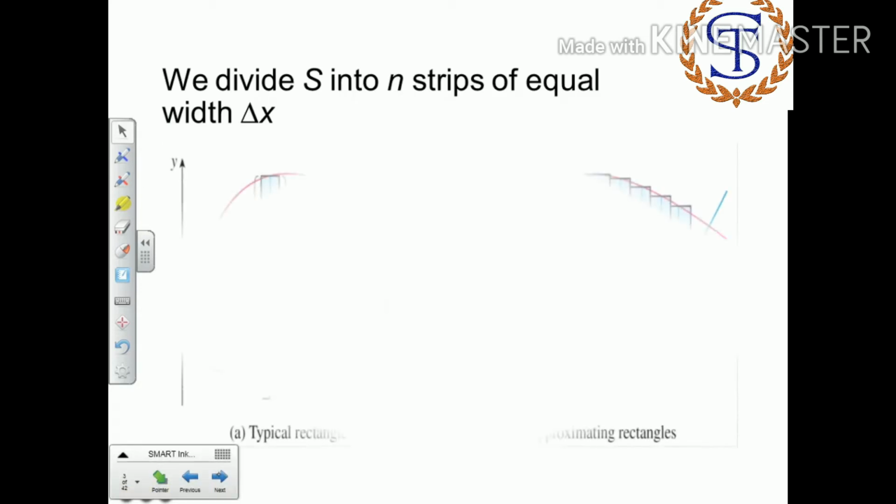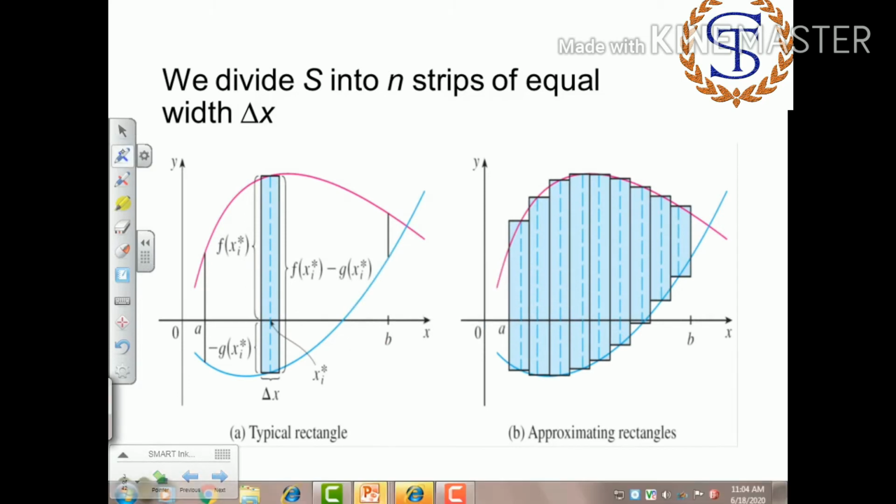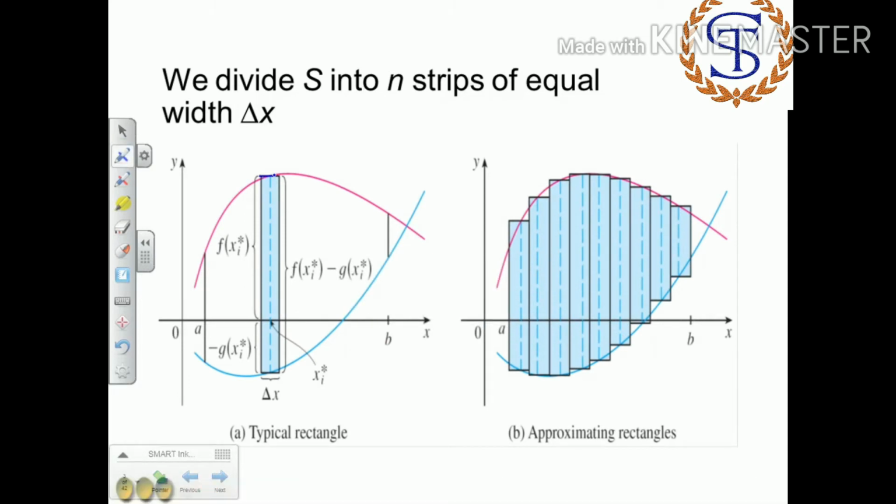First of all, we have to divide the region into rectangular strips. Here is one rectangular strip. Can we find the area of this rectangular strip? Yes, we can, because it is a rectangle of width delta x. The width of this rectangle is delta x, and the length of this rectangle is y. So the area of this rectangular strip is y times delta x, which for a very small change is dx. So the area of the rectangular strip is y dx.